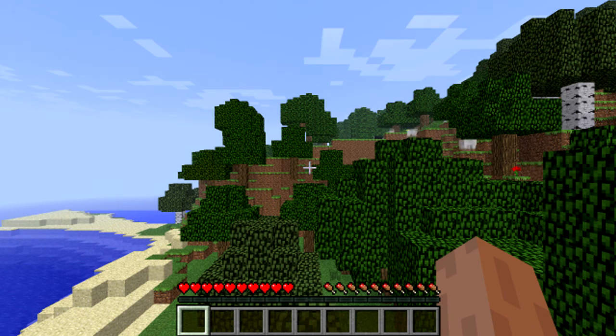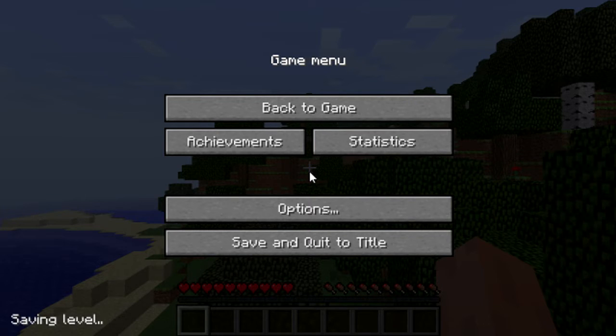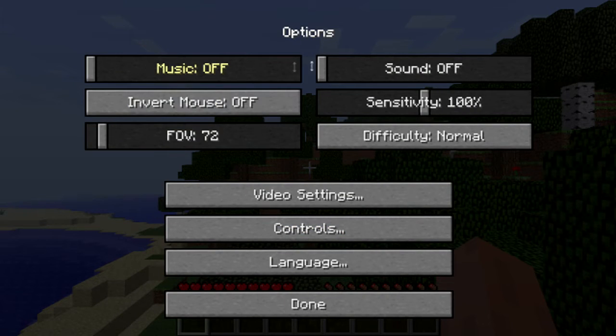Okay, now that I've spawned, I'm going to go escape straight away, and here we have all these options. I'm going to go to options, and here you have music and sound. Now my music and sound are turned off because every time I try to turn them on, my game crashes, so it's really annoying, but that's just how it is. You got invert mouse right here. I prefer off because I can't do the whole invert mouse thing. You got sensitivity right here for the mouse, so I like it at